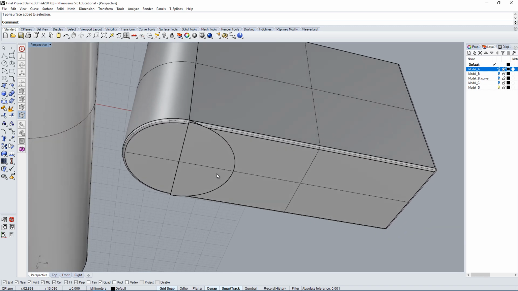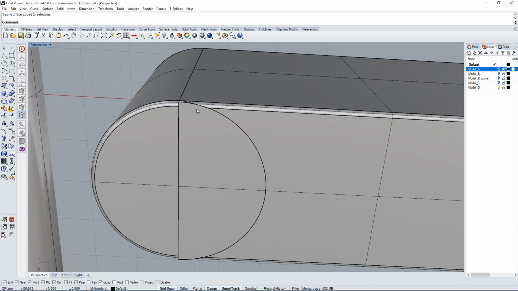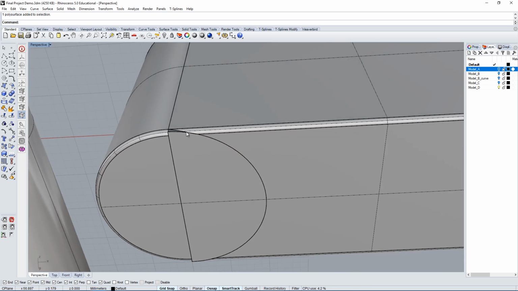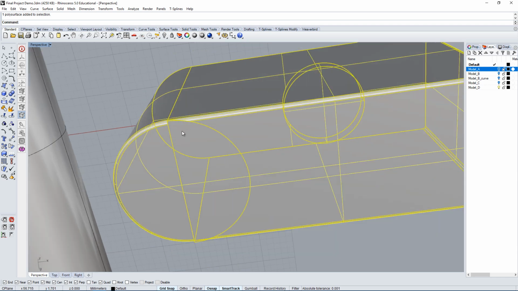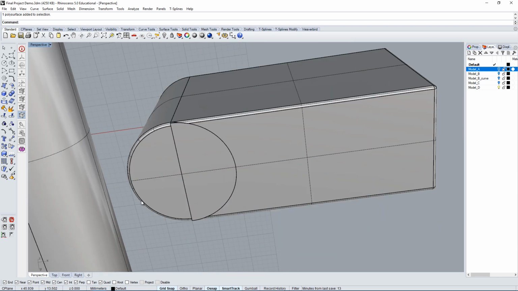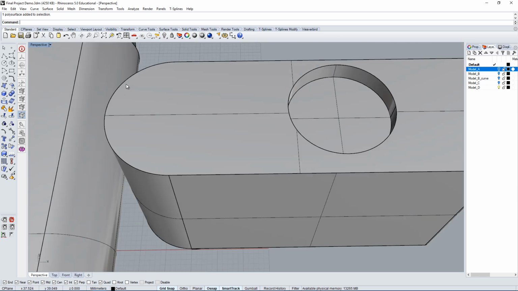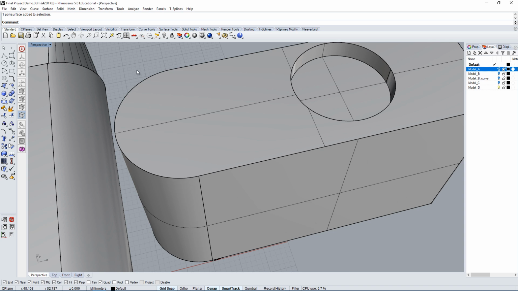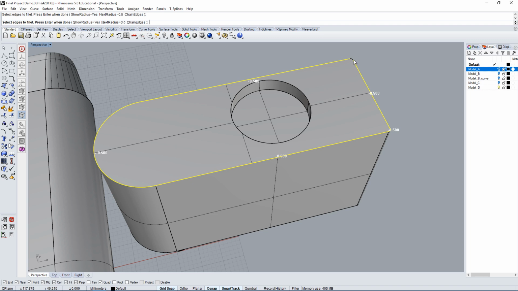So you're creating a lot more information for the software to look at when it's creating a fillet. And in many cases, it's just going to disrupt things. In this case, it's disrupting the fillet, and it's thinking that you want it to trim right there. Because otherwise, if you wanted your fillet to go smoothly around the edge, then you would have done this. You would have extracted your faces and created a single face, because that's what the software would expect, to be able to create a smooth singular fillet that wraps around the entire object.